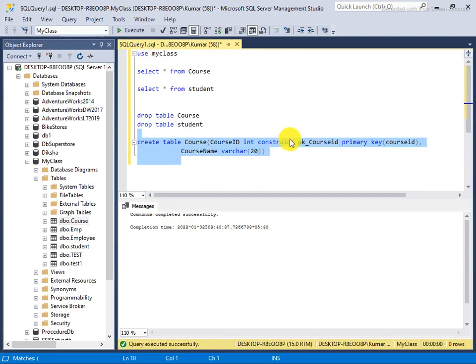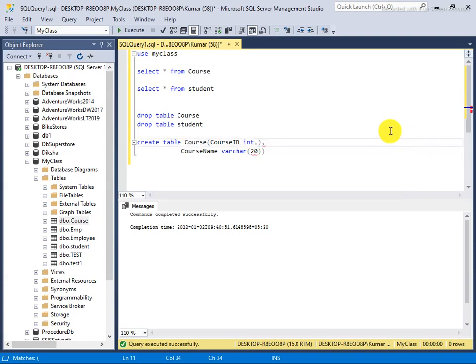If you are applying inline, or you can also do it this way. I drop this again and try to make it another way. Here you can put a comma, and this is the outline creation of the constraint, separated with a comma. Or you can directly cut it here and write it just after this.